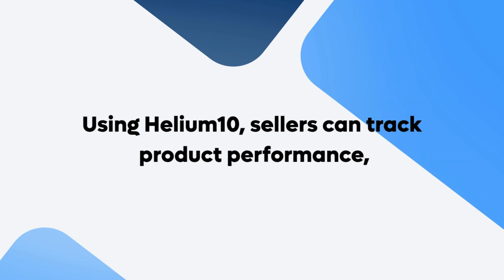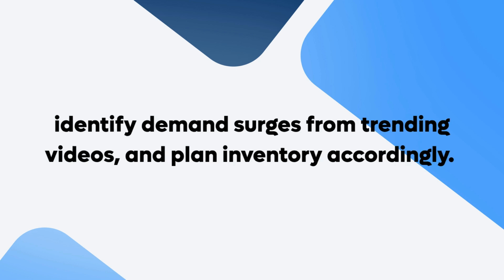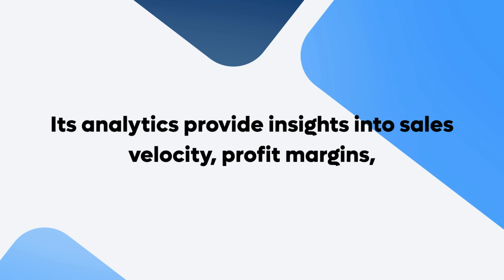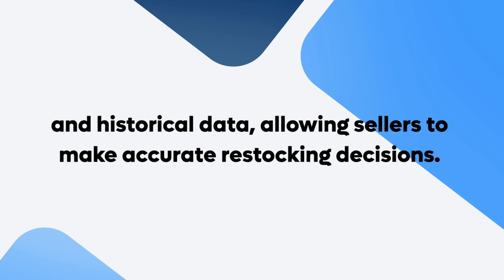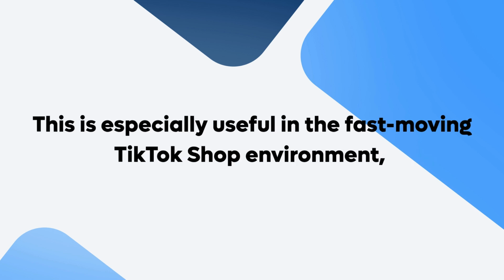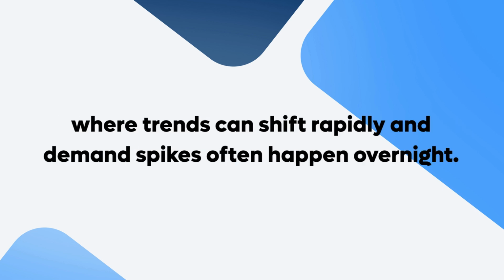satisfaction. Using Helium 10, sellers can track product performance, identify demand surges from trending videos, and plan inventory accordingly. Its analytics provide insights into sales velocity, profit margins, and historical data, allowing sellers to make accurate restocking decisions. This is especially useful in the fast-moving TikTok Shop environment, where trends can shift rapidly and demand spikes often happen